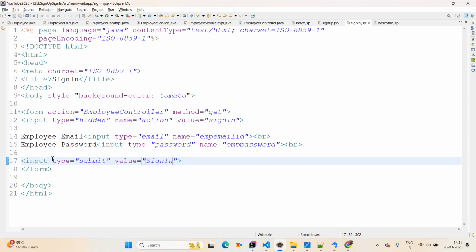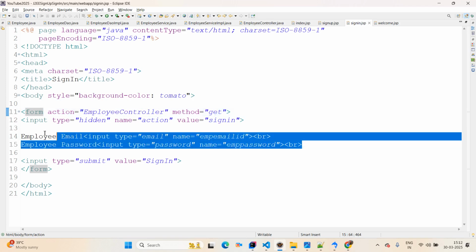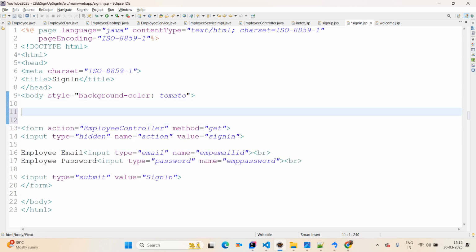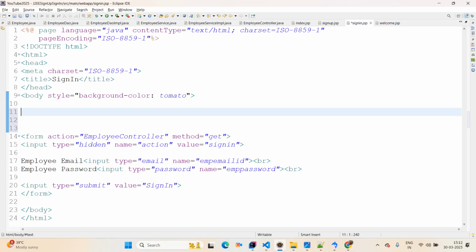This way, we just created here one form, and within form we have given action as employee controller, the method as get, and the corresponding input type as hidden, action as sign in we have given, and we just pass here two fields like email and password, right? Yes. And if data is not found, then definitely we are going to print one custom message. For that perspective, this is the syntax we are going to use,